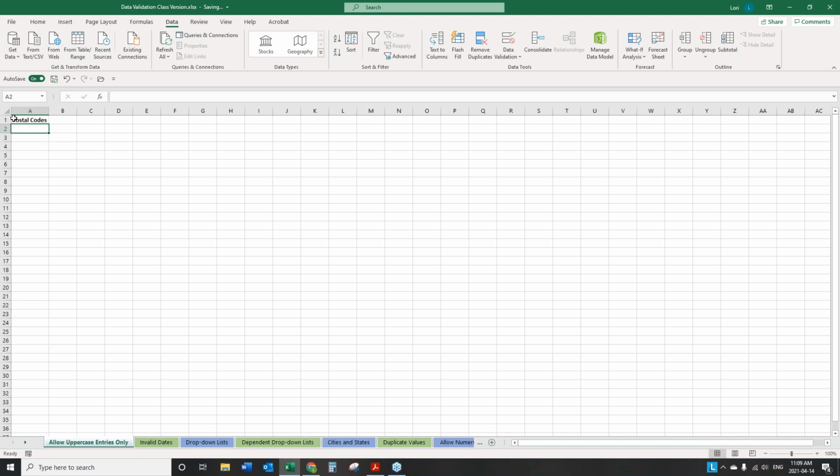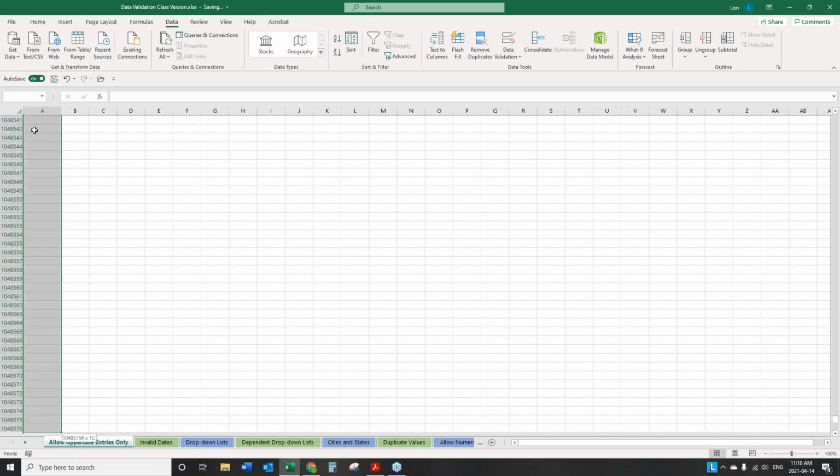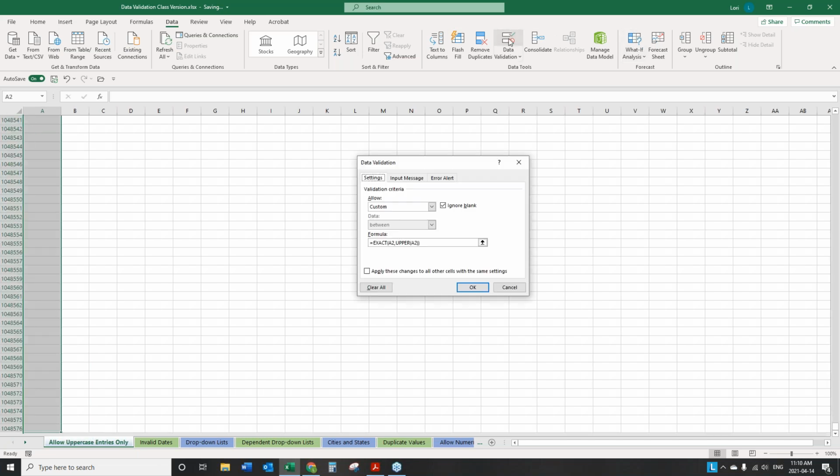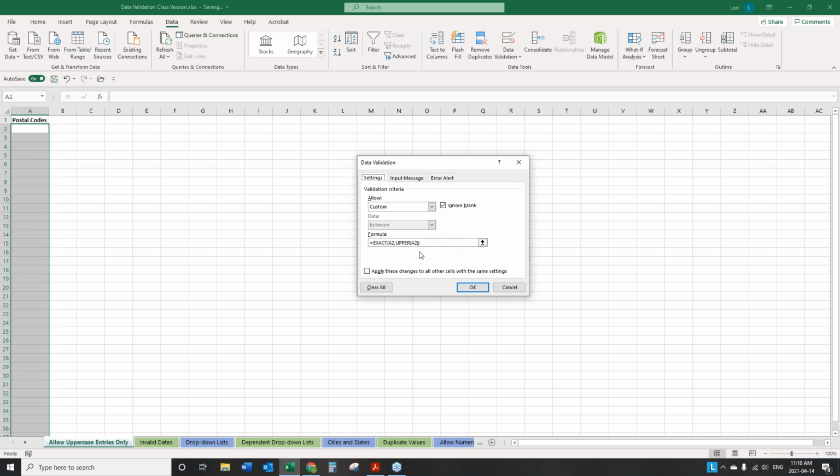So in order to put in an error message, we're going to again select the cells. So I'm making sure I'm at A2, going to hold the shift key, press control, and the down arrow key so I get it all selected. And now I'm going to go back to data validation, and it remembers what I put in, but now I'm going to click the error alert tab. And by default, the style of it is stop. There are choices of warning and information. I just want to leave it as stop because it's